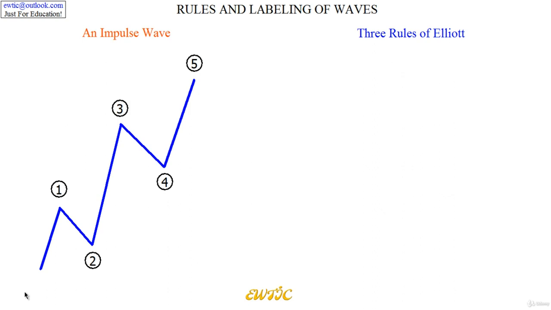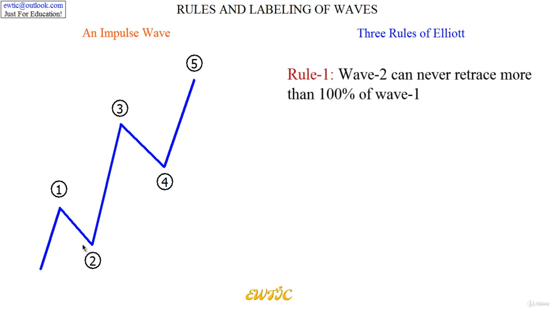As far as rules of Elliott are concerned, there are only 3 of them, just 3 rules, which must be strictly followed in all market conditions. These 3 rules of Elliott are: number 1 is